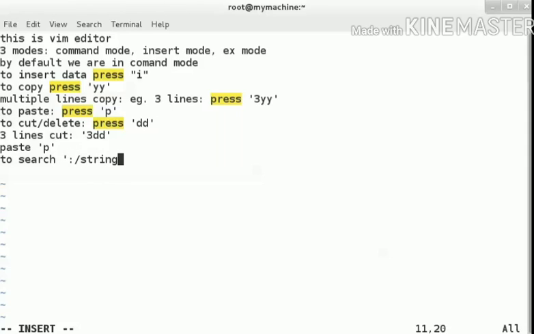Now, next occurrence, press N. Previous occurrence, press capital N, right? Now if you want to search some data and you want to replace that data,